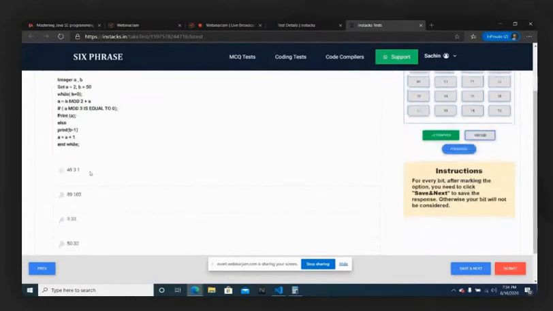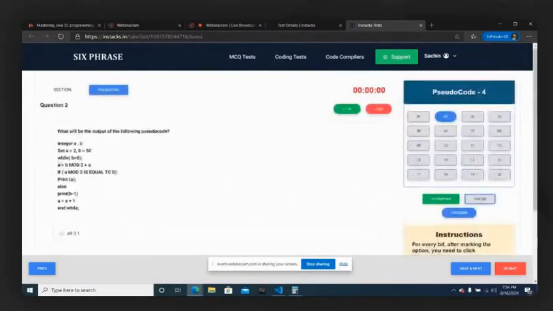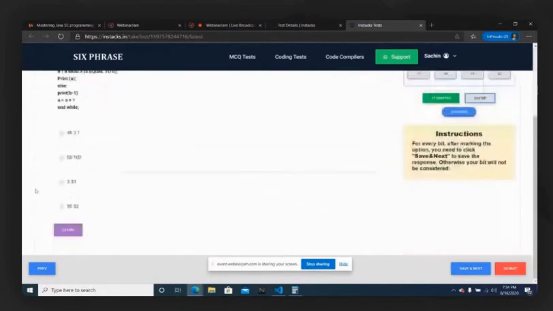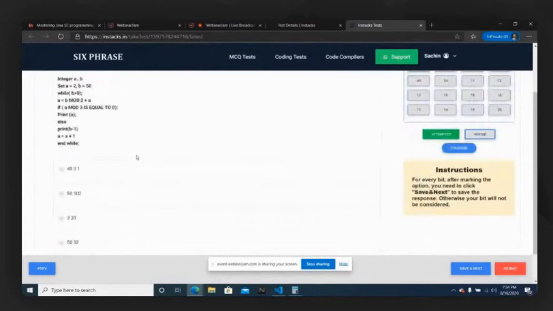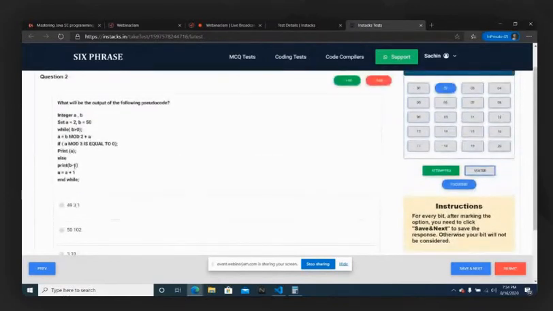Yes, this will be an infinite loop actually. But there is no option which has an infinite loop here. That is the one thing. This is just a simple prediction that I am doing. The first number which should be printed is 49. But yes, there is no change that we are doing to b.